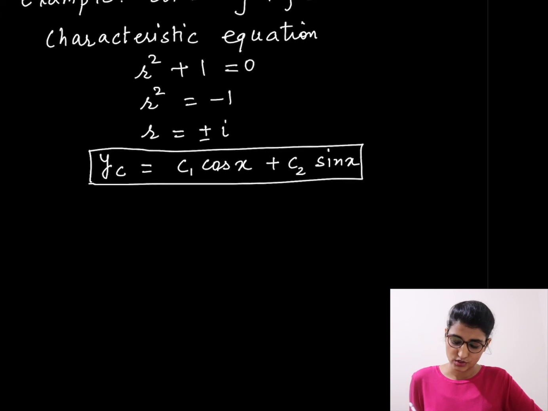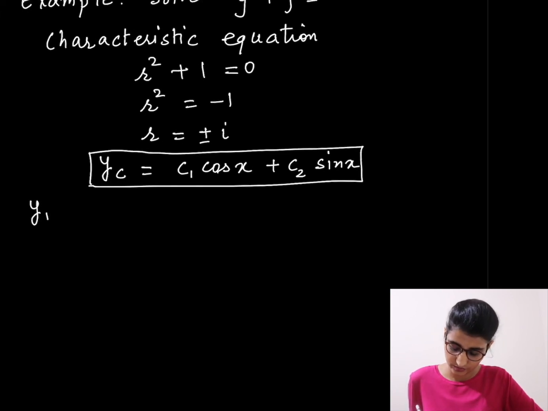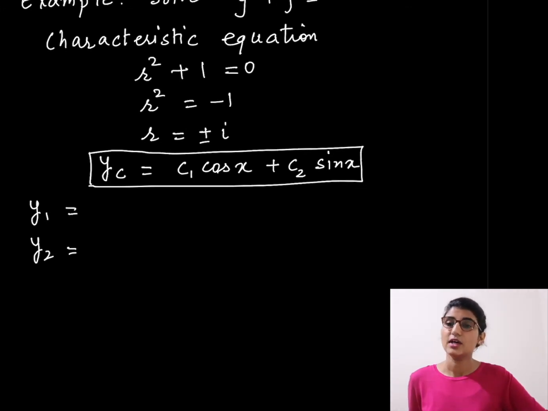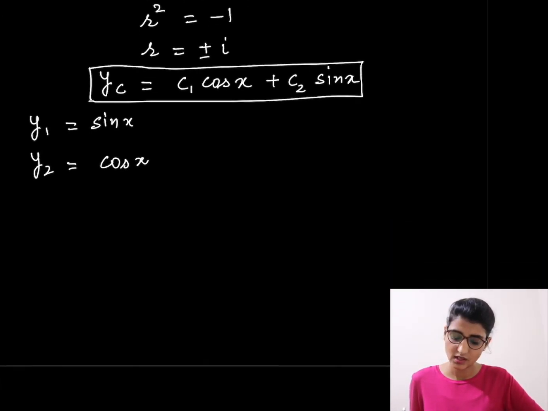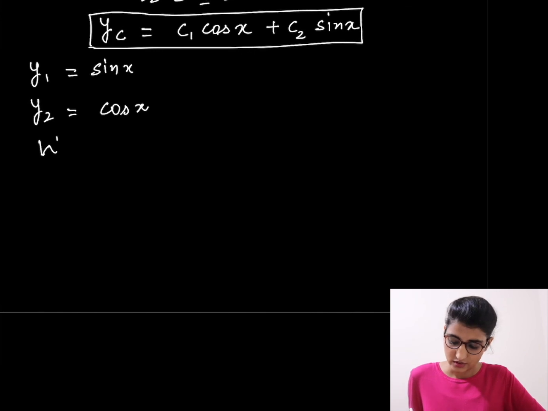Now you need to choose your y1 and y2. We want two linearly independent solutions, so we choose y1 and y2. These y1 and y2 can be any linearly independent solutions of your associated homogeneous equation. You can choose y1 as cosine x, y2 as sine x, or y1 as sine x, y2 as cosine x, doesn't matter. Then we will calculate the Wronskian of y1 and y2,